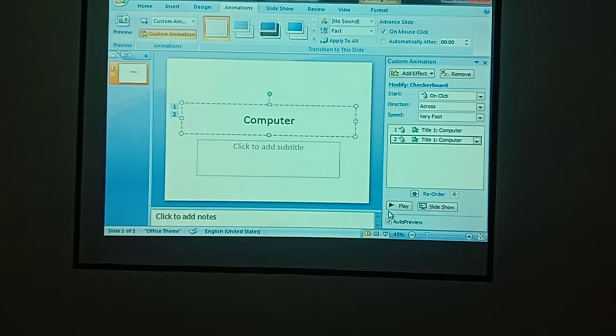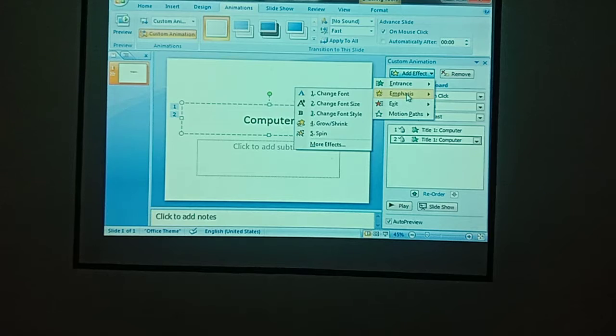Okay. Next is emphasis, ways of modifying an object to call attention to it. Okay. I'm just choosing emphasis. So under emphasis also we have n number of effects. One is change font size, change font style, grow or shrink and spin.